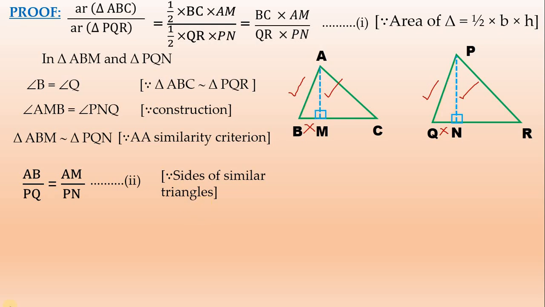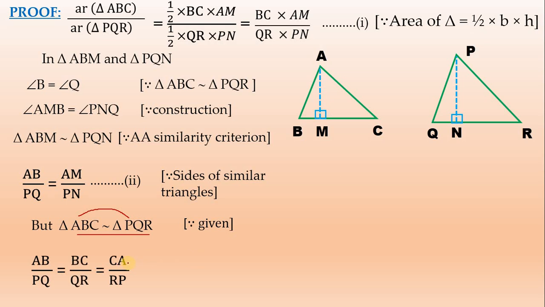Now, we have studied that triangle ABC is similar to triangle PQR in the given. And there I said, when two triangles are similar, all corresponding sides are proportional, and also corresponding angles will be equal. But here, what is helpful for us is the sides, hence I am considering sides. That is AB by PQ, BC by QR and CA by RP. This you can write as AC by PR also, children. And this you call equation number 3.